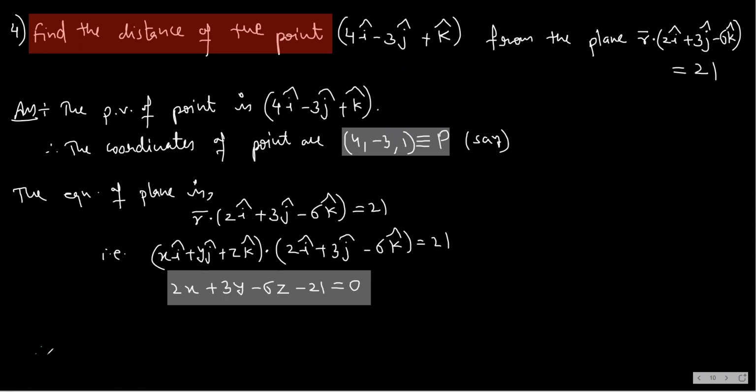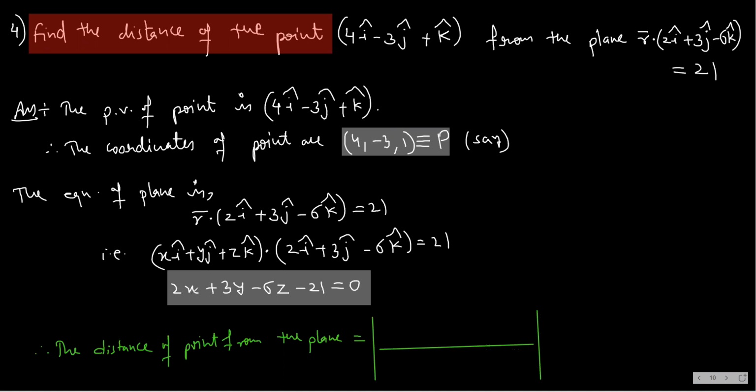Therefore, the distance of the point from the plane equals to mod of